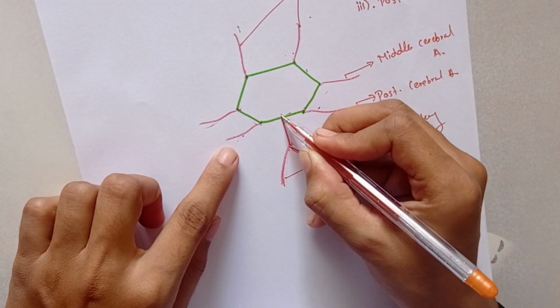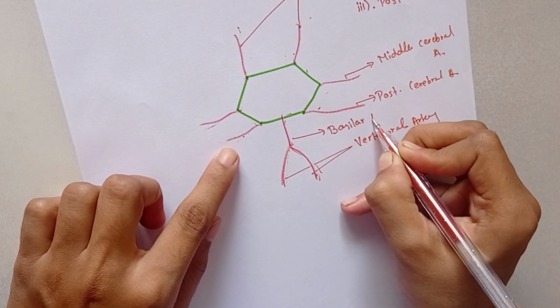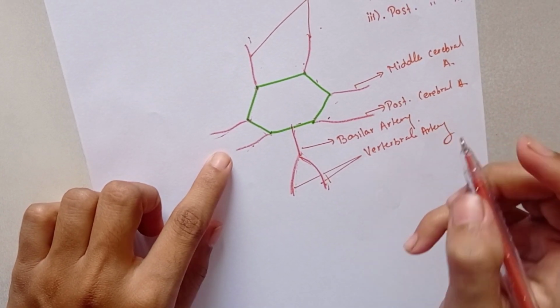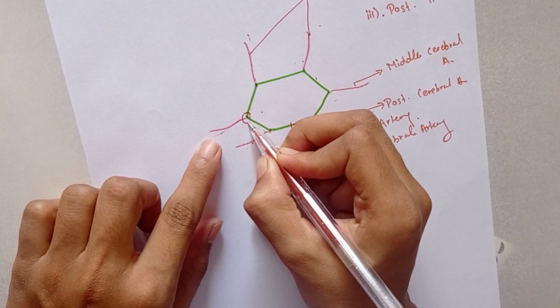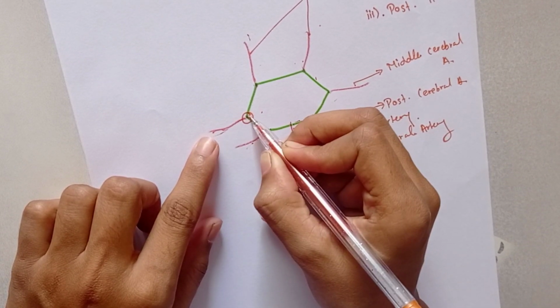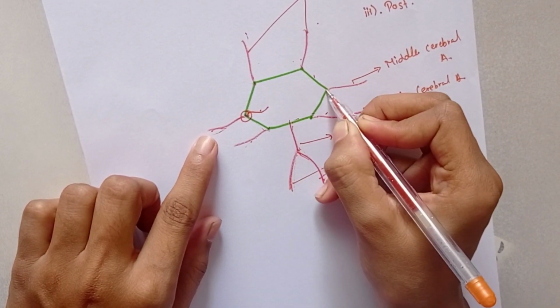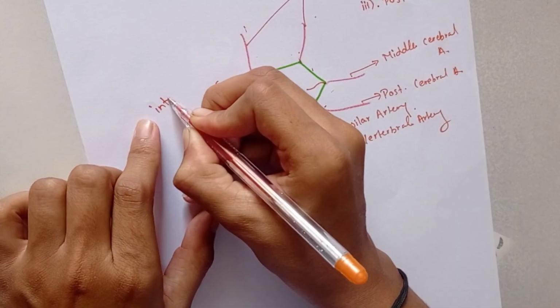it forms a single branch, that is the basilar artery. Here we can see one more branch, that is, at this middle cerebral artery, one more branch arises to the inner side of this hexagon box. It will be named the internal